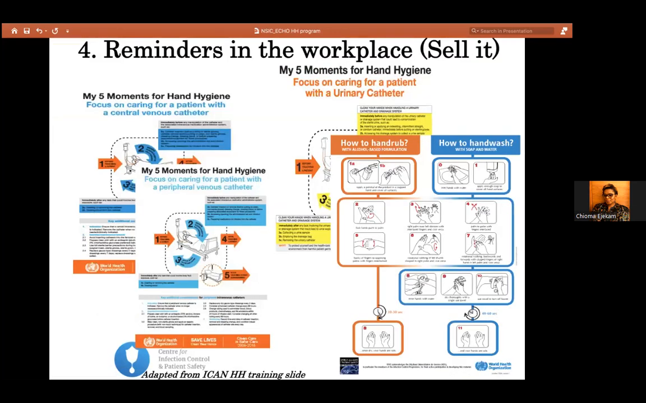So now the fourth one is reminders in the workplace. You want to sell it. We spoke about different reminders, 5 moments of hand hygiene for central venous catheter, different 5 moments of hand hygiene focus for different areas. I have here how to hand rub, how to hand wash, and I shared already, you